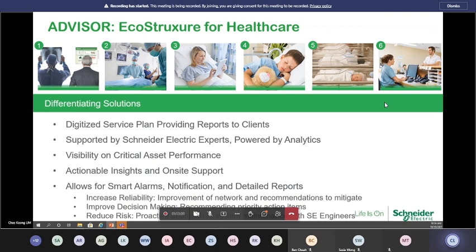And then of course the most important thing is that for the advisor series, if you sign on, or if you work together with us to a certain extent, we do provide a specialist to give you the right support that is needed to extend the operational lifespan of your system. Last but not least, also the actionable insight, all the notifications and warnings and so on, tell you what is going to come, what is going to happen down the line, predicting what is going to happen. We cannot tell you what will happen, but we can definitely predict what might happen. So that's what advisor is all about.